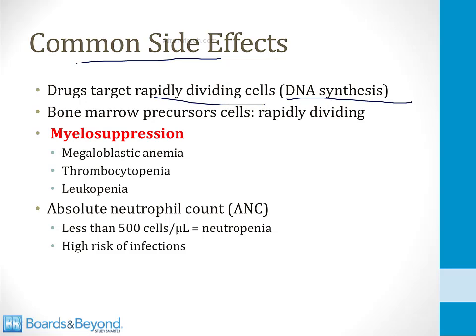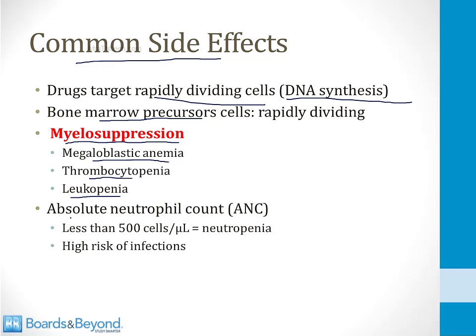One group of rapidly dividing cells found in the body are the bone marrow precursor cells. They are always dividing to make more red cells and platelets and white blood cells. For this reason, a common side effect of all the drugs we'll discuss in this module is myelosuppression. Specifically, by disrupting DNA synthesis, these drugs create a megaloblastic anemia, which we'll talk about in a minute, as well as thrombocytopenia and leukopenia. And in clinical practice, when you rotate on oncology wards, you will find that you will